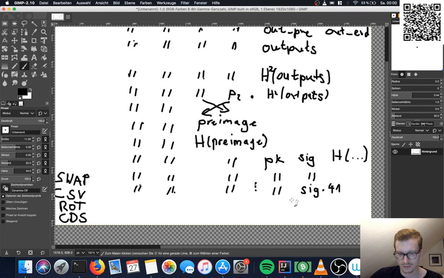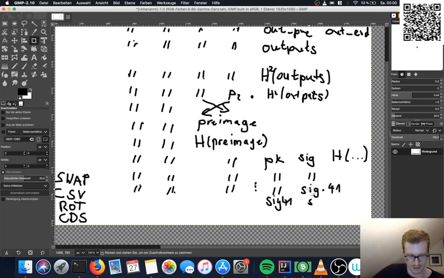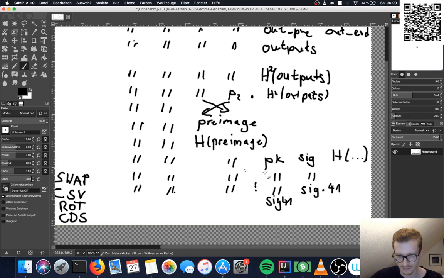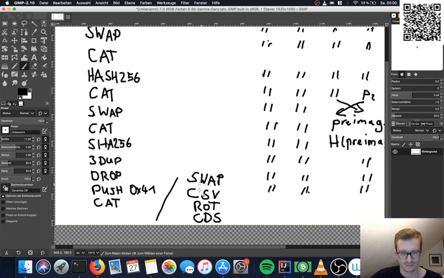Then we will swap the top 2, so we have the sig 41 and the public key. This is an S, not a P. Public key. And then we will do the check sig verify, this here.